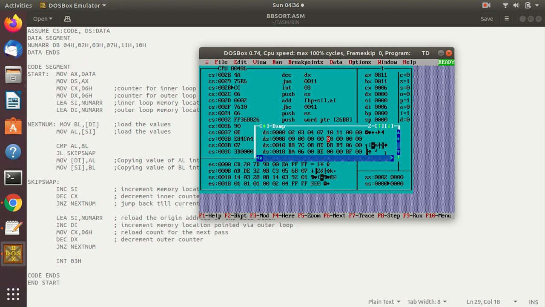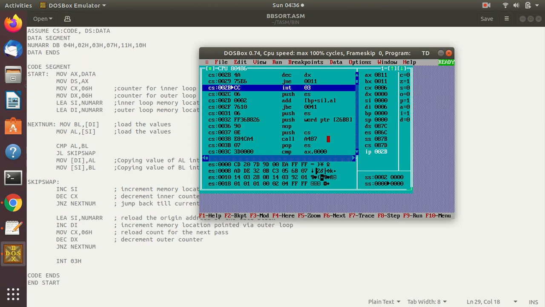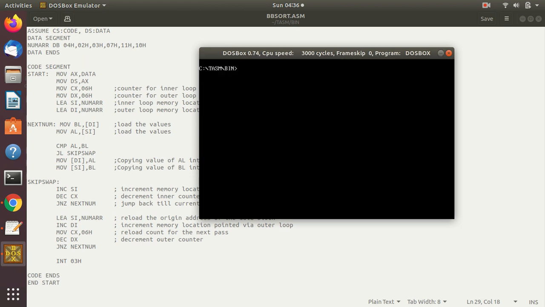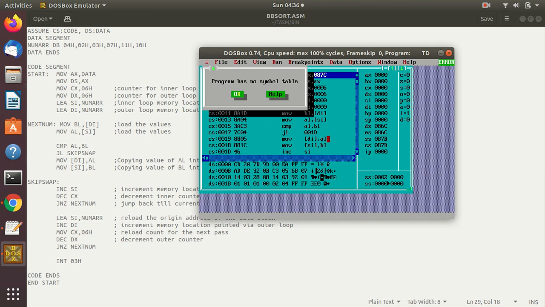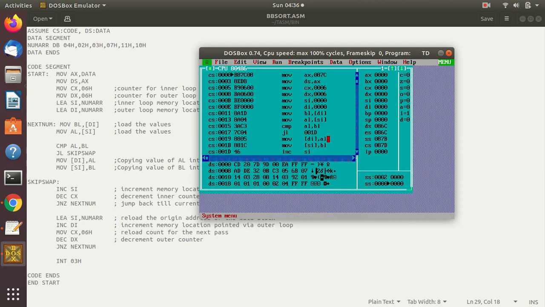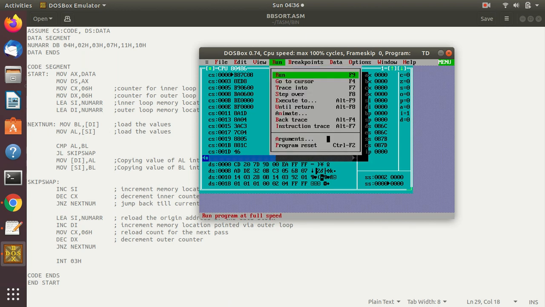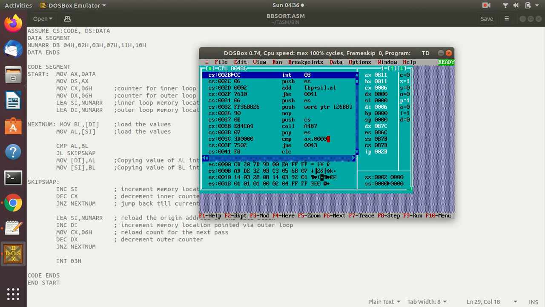And if you want to directly run this, you can do that as well. Okay, so here if you close this, Alt F3, and now let's close this and run again. See here, you will have a direct run option here. Okay, it will directly stop at the breakpoint, that is the INT 03. So for people who are not well versed about what INT 03 does, it will stop the program at that point. It will not execute all the instructions below that. See here, if I run this, it will stop at the INT 03 instruction. Okay, and these are the final values that are loaded.